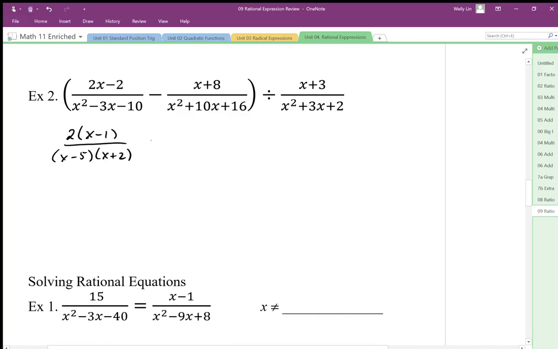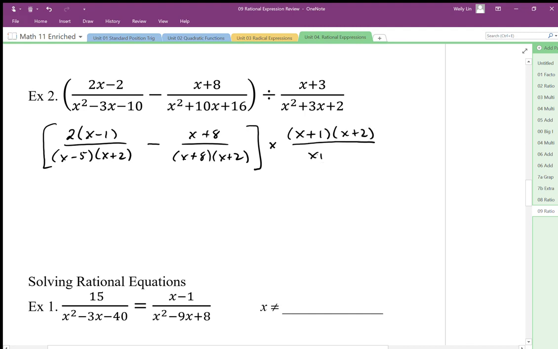Okay, so there's my factors there. x plus 8 over x plus 8, x plus 2. Okay, recognize that there is a possibility of simplification there. I'm going to keep that as divide for now, actually I'm going to change that to times. Let's change that to multiplication. Just make sure that we keep track of the fact that these factors here need to be part of our